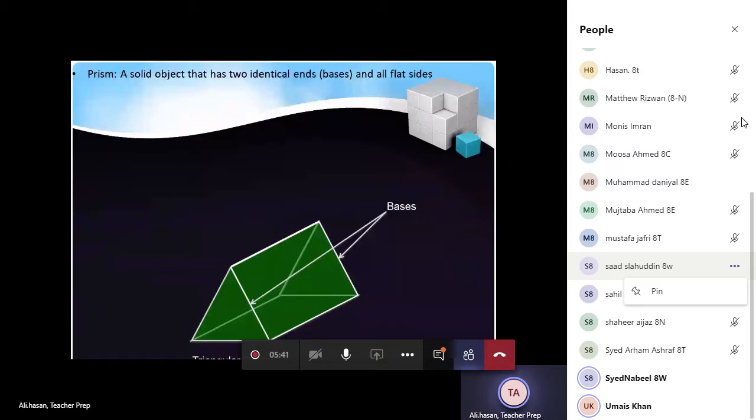So name the prism, beta. See on the top left, which kind of prism? This is a rectangular prism. Yes, good. On the right, rectangular prism. On the extreme right, it's a square prism. Sir, it's called a cube. Beta, how is it a cube? It is a cube, but specifically it is a square prism. Square. Why? Because the bases are square. There are identical square bases. Very good.